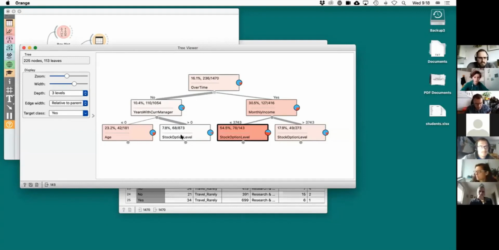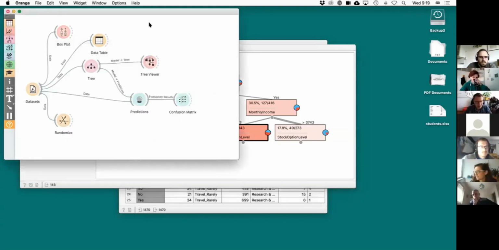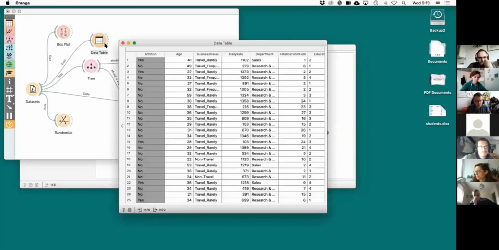And then, this is obviously American data, so the stock option: if somebody has an option to buy some shares, probably those that have this option stay, and they don't leave, because they hope they're going to cash in, right? So there is this structure in the data.